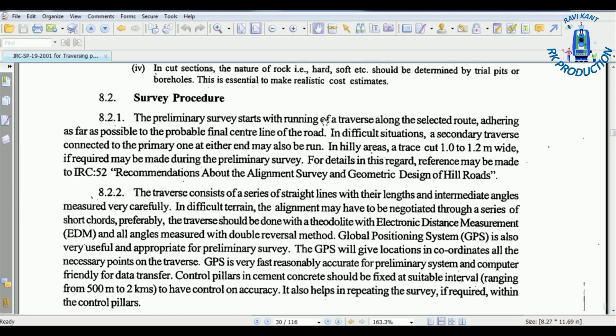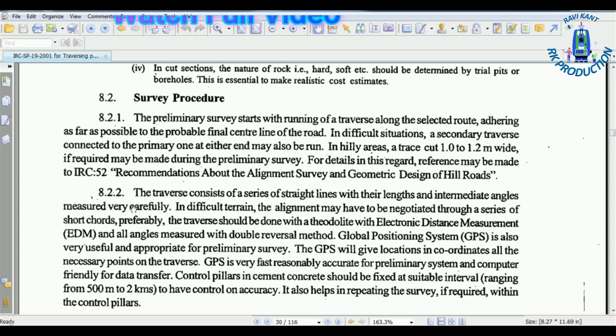The preliminary survey starts with running a traverse along the selected route, adhering as far as possible to the probable final center line of the road. In difficult situations, a secondary traverse connected to the primary one at either end may also be run. In hilly areas, a trace cut 1 to 1.2 meters wide, if required, may be made during the preliminary survey. For details, reference may be made to IRC 52, recommendations about the alignment survey and geometric design of hill roads.